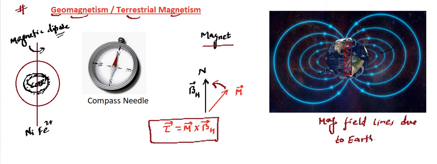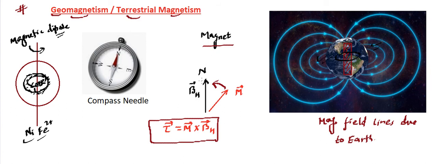So that's a rough thought, and you will learn it in detail if you go into that specific field. This bar magnet is not there, but yes, the field is similar to a bar magnet, and that is coming because of the churning of ions, charged particles, basically nickel and iron, in the outer core, because it is in a molten or liquid state. And because of this the field is coming. Now from here we have understood where the field is coming from and what type of field this is.